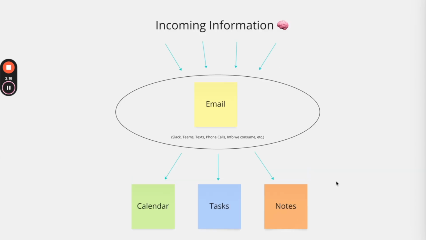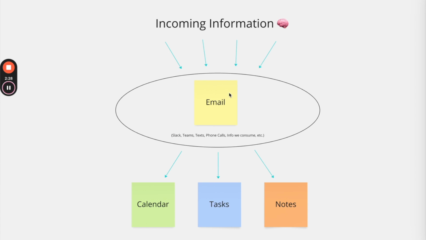We are all familiar with the, I was going to say intense, but really I meant to say immense, but it could be both, intense and immense, constant flood of information. We've got email coming in, right? It could also be Slack messages or Teams messages or texts or phone calls, information that we consume. Right? Even all of the reminders from our brain at 2 a.m. Yikes. That information does not just hang out. It flows into the other pillars. A meeting is going to get added to your calendar. An idea will get captured, of course, in your notes, or a to-do item turns into tasks.